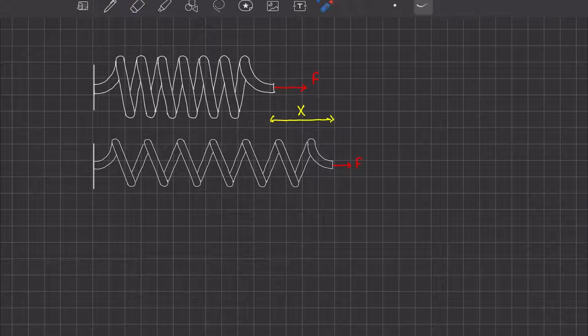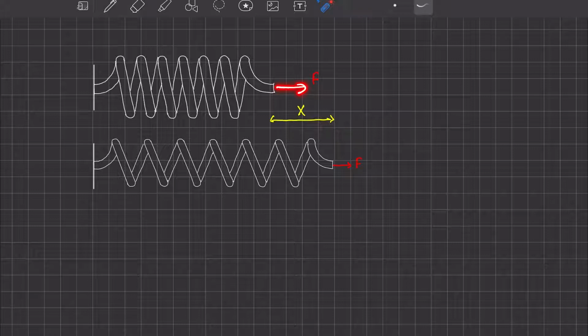Now let's say here I apply some force at one end of the spring so that the spring slowly gets stretched. And by slowly I mean each point in this spring moves so slowly that we can say their velocity is almost zero, and that means they do not possess any kinetic energy. So the force that I apply only extends the spring. It doesn't provide any kinetic energy to the spring. So here the force we apply, let's say it extends the spring by a distance x.